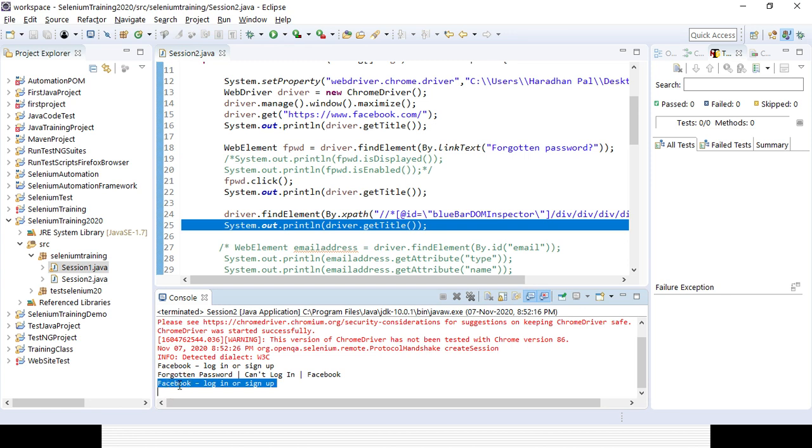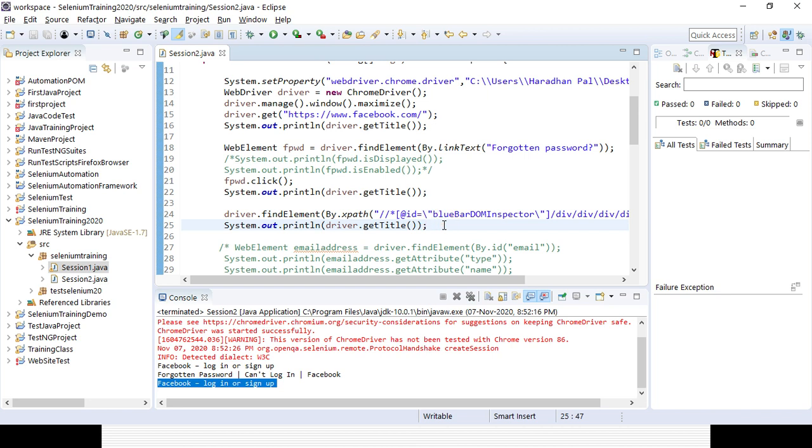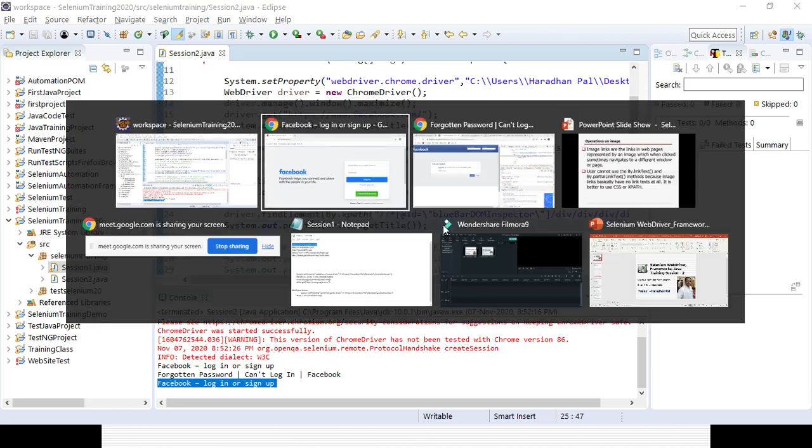If you want to verify something, you can definitely verify. You can get the title, the current URL, the page source, right? And if you want to perform other operations, you can verify them, and you can add some loops. Yesterday I already showed you how to use if and else conditions standalone. If the condition is matching, your test case will pass, and you can print some output in the console. If the condition is not matching, your test case will fail, and it will give you output in the console.